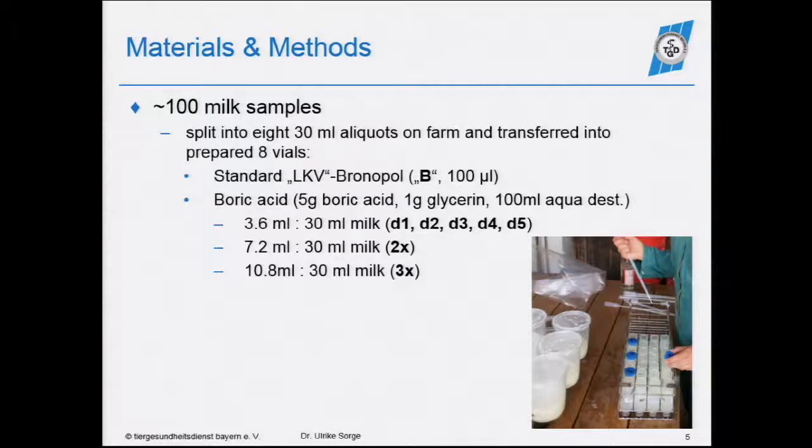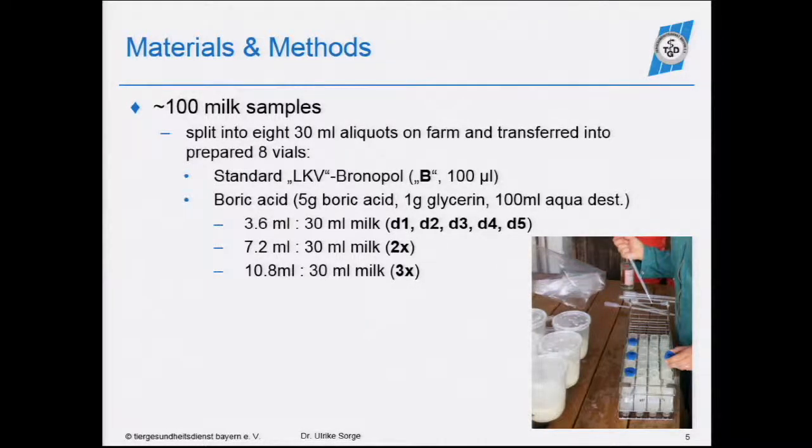In order to get 30 milliliters of milk for the machine to run the samples through automatically, we needed to use those vials, so we needed 3.6 to 30. This is what we used for the time: the day of the sampling, day 1, 2, 3, 4, and day 5. And then, because we wanted to figure out whether the dilution has an effect on anything,